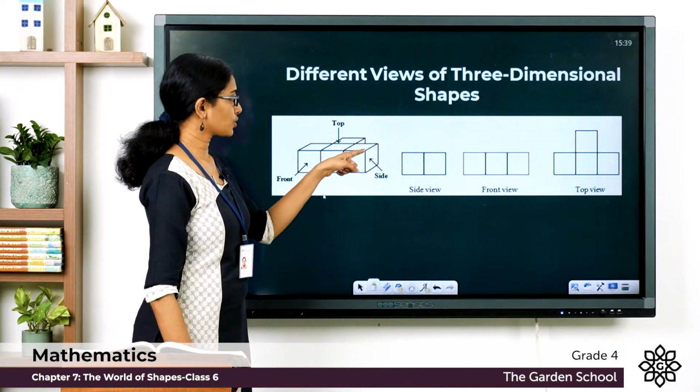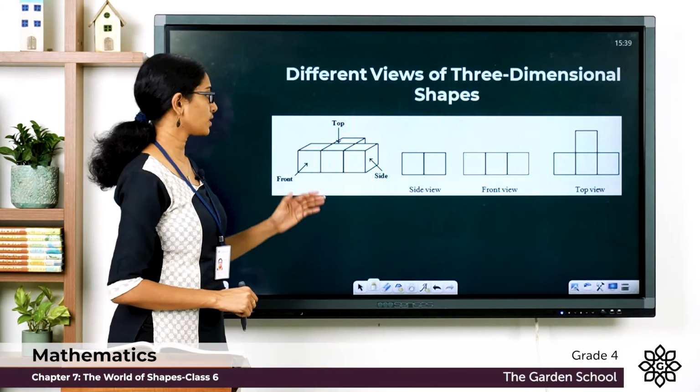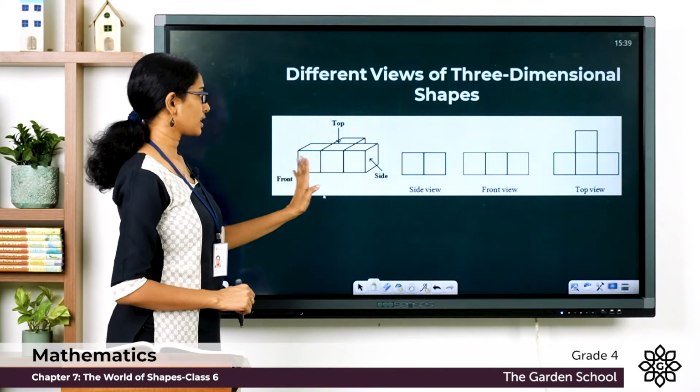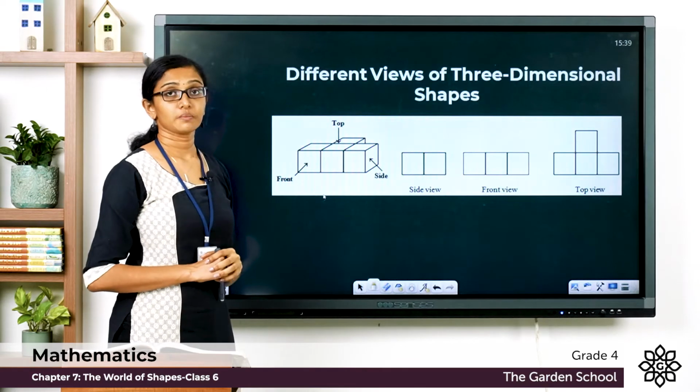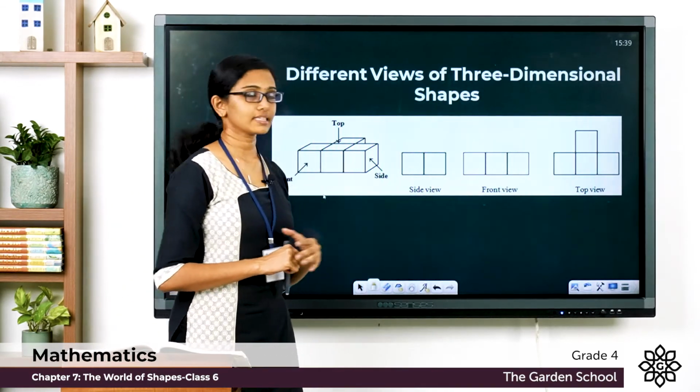So you'll be seeing two cubes from this side and the side view will look like this. What if you are viewing it from the front? You are going to see 3 cubes there and not the one sitting behind it. So you are going to see 3 cubes and the front view will look like this when you view it